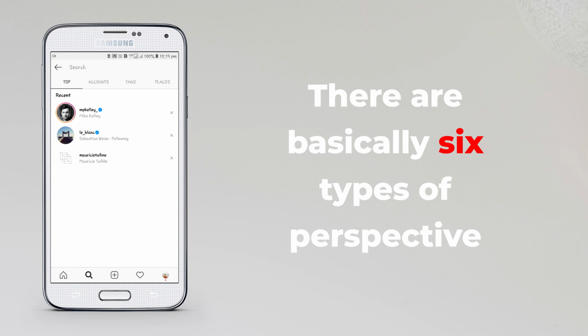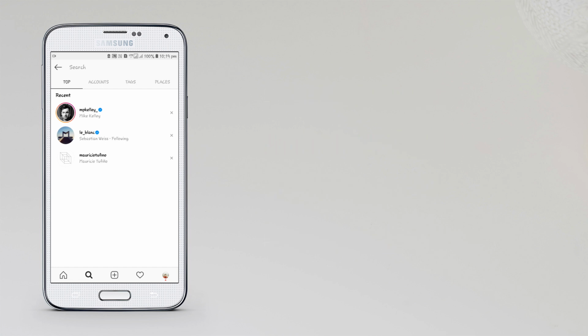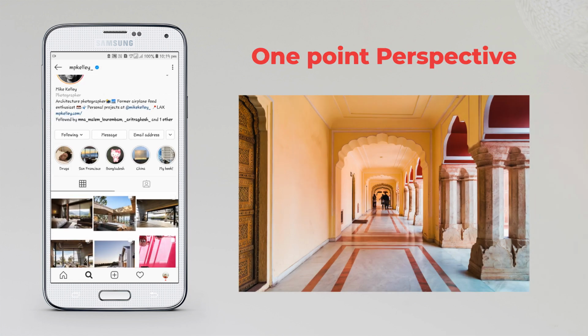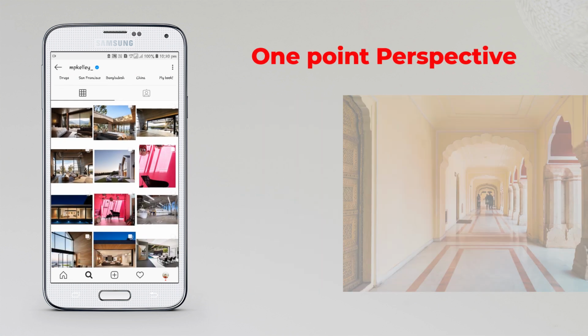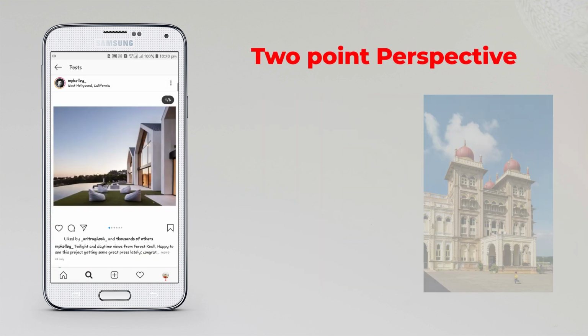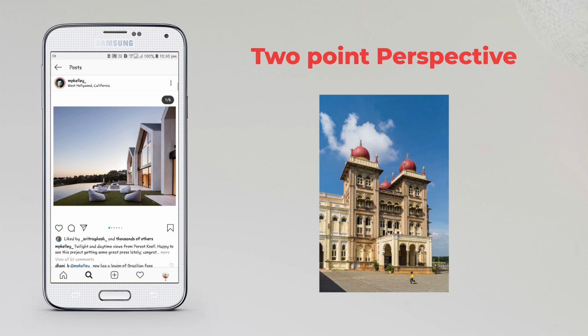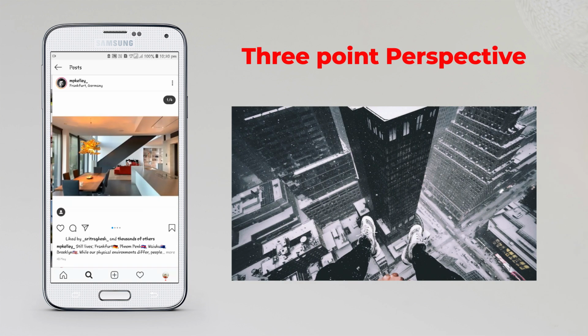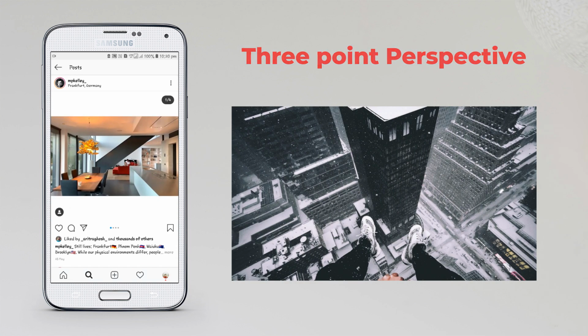So we are now on Instagram, and these three photographers are my favorite architectural photographers, and we will see their work one by one. At first I want to start with Mike Kelly. I have been following him for about a year, and you can see in his profile there are lots of photos, interior and exterior, and in each case we can see the lines and the perspective are absolutely correct. In any interior photo, you can see this is a 1-point perspective. Here also the vertical lines are correct.